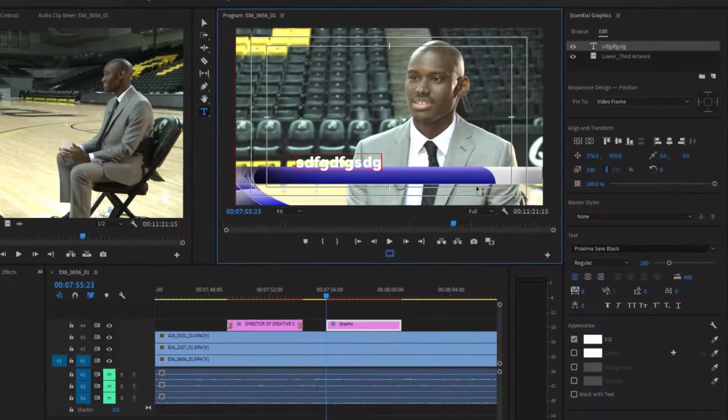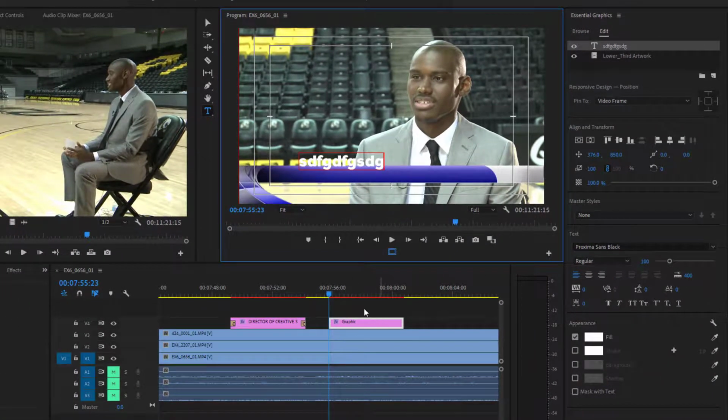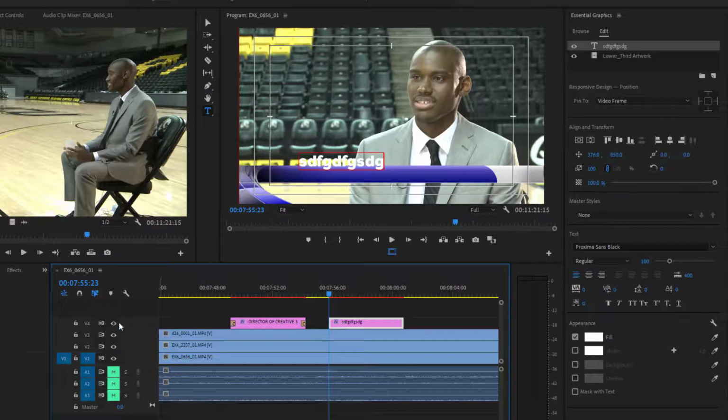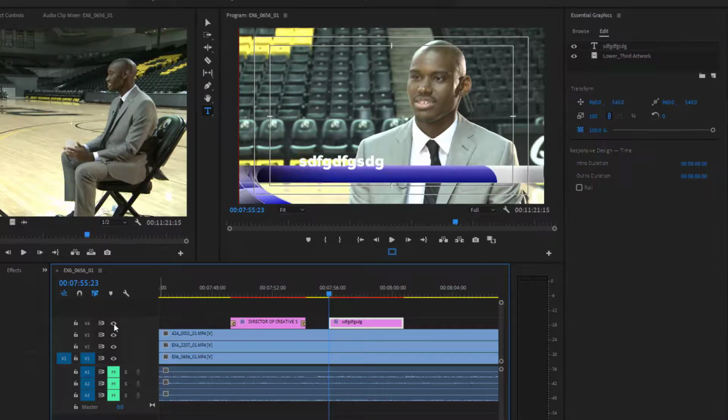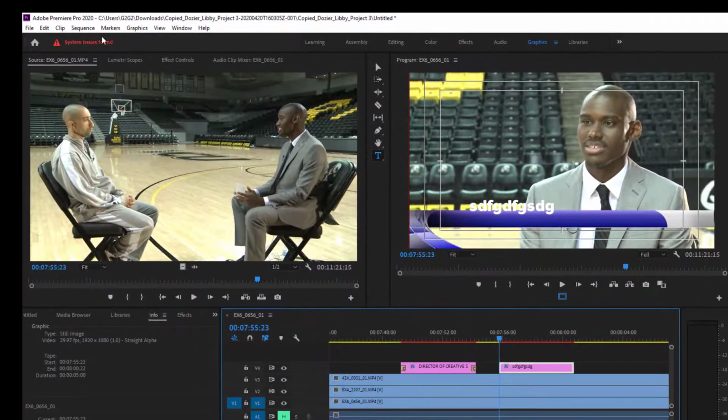Now, how do we save it? We save it by this. When I created this layer, it actually put the layer down here. So this graphic is actually what we're dealing with, okay? So what I do is I highlight that, and then we come over here to